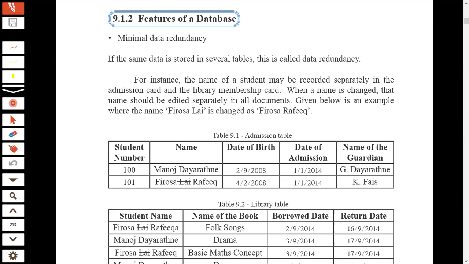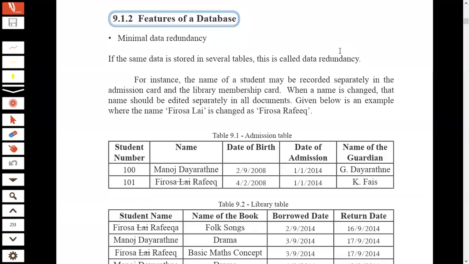Before we discuss this, we have to know clearly what redundancy is. As we discussed earlier, in your textbook it is mentioned as the same data stored in several tables, which is redundancy.